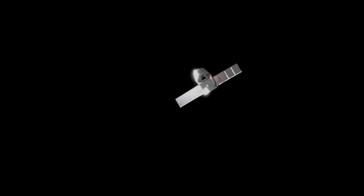And at this point, the room did get the go, no go, and the poll going affirmative. And Dragon now departing that 250-meter hold point. So now it's going to continue to close in. Pretty soon, we'll actually be inside the capture window, but it's now going to continue pressing in until it gets